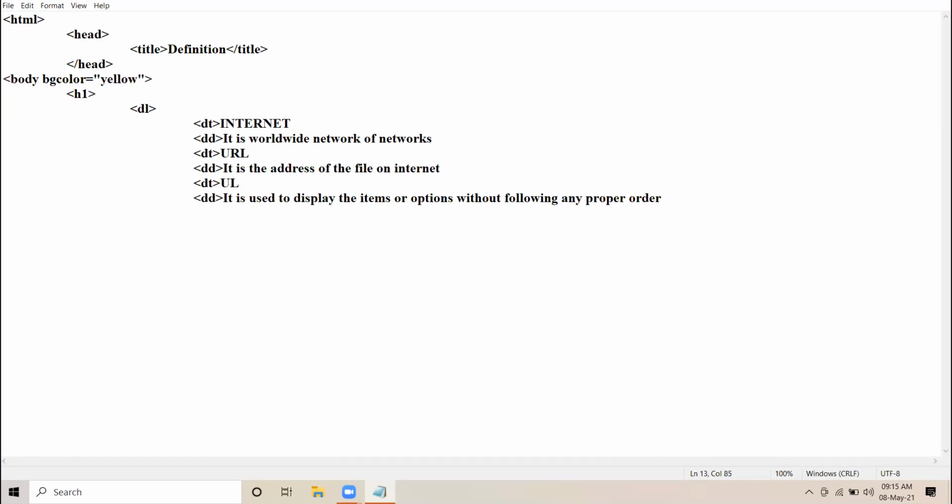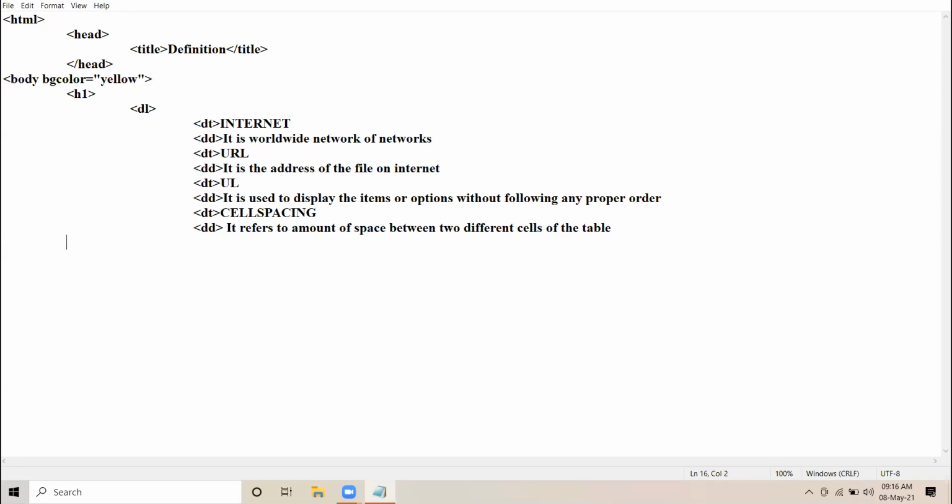Clear? And fourth term also I am taking, let us say, cell spacing. It refers to amount of space between two different cells of the table. Clear? Up till here, am I clear to all?